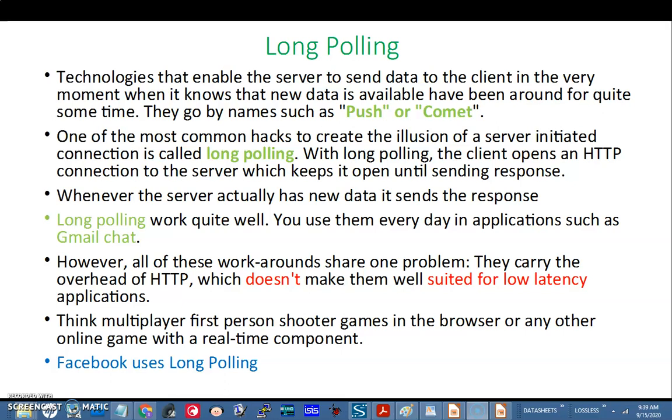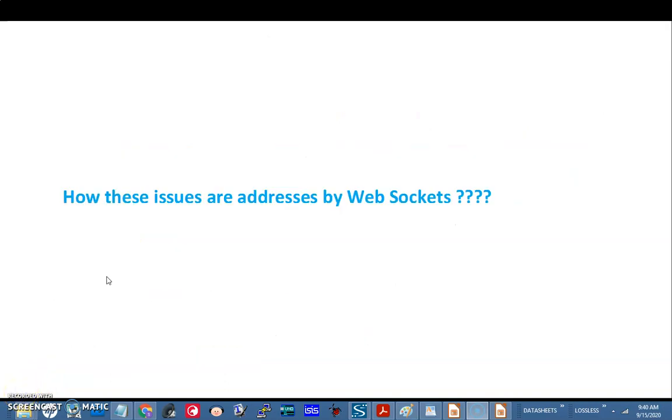We explain this with technical terms such as long polling, Comet, etc. You have some applications also listed here. It can work the way Gmail chat works, Facebook works, etc. You can spend time on this slide and read and understand. Nothing here is complicated to explain. So till now we have seen that communication initiated by the server is possible only if the client keeps the connection open, like long polling.